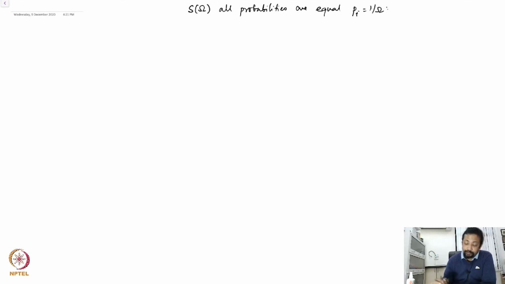So now that we have developed an expression for the uncertainty in the outcomes of an experiment where all probabilities are equal and pi is 1 over omega, right? But we want to now focus on the cases where my probabilities of the outcomes are different. What happens to this S? How do I write down an S? For example, consider a loaded die. Essentially, that means a die which is not fair but a biased die, where probabilities